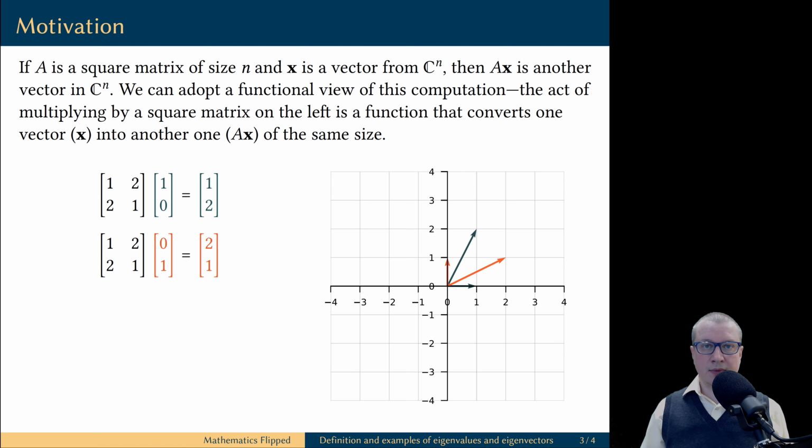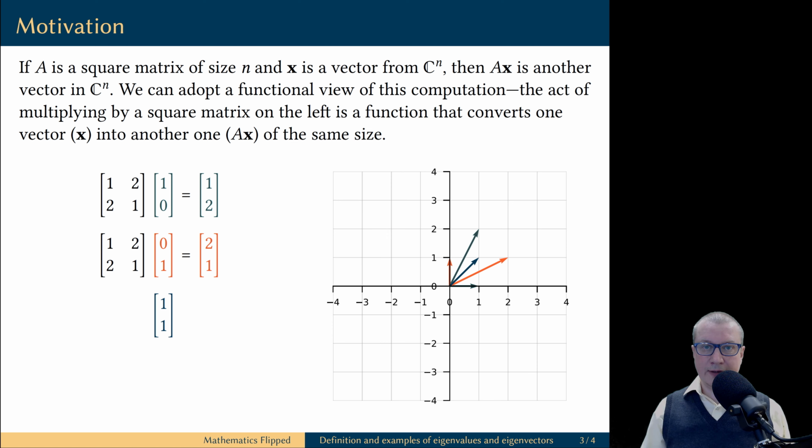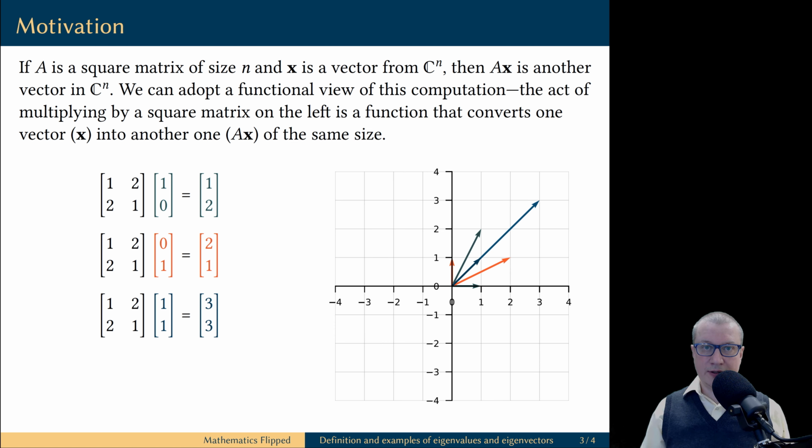So we can ask the natural question: is it always going to be this way? Will the vector change both magnitude and direction? Let's look at the vector (1, 1). When we multiply this vector by this matrix on the left, the new vector is the vector (3, 3). This is the vector in the same direction as the original vector. Algebraically, this means that the new vector is a scalar multiple of the original vector. The scaling factor here is equal to 3, and it tells you that the magnitude of the new vector is 3 times the magnitude of the original vector.